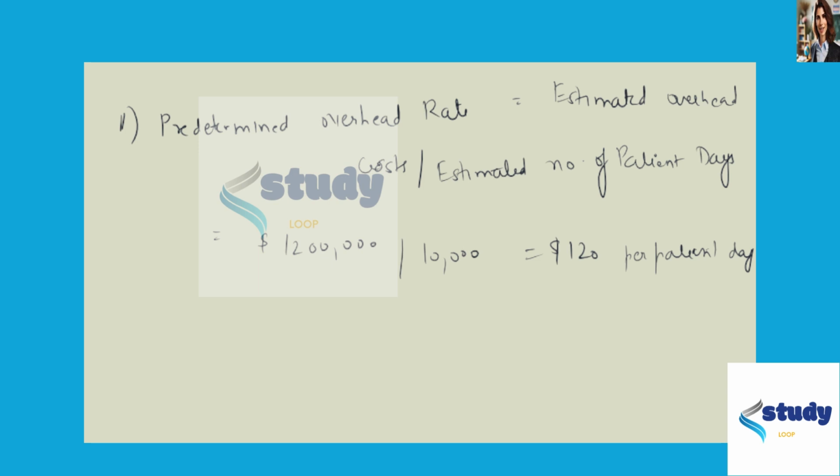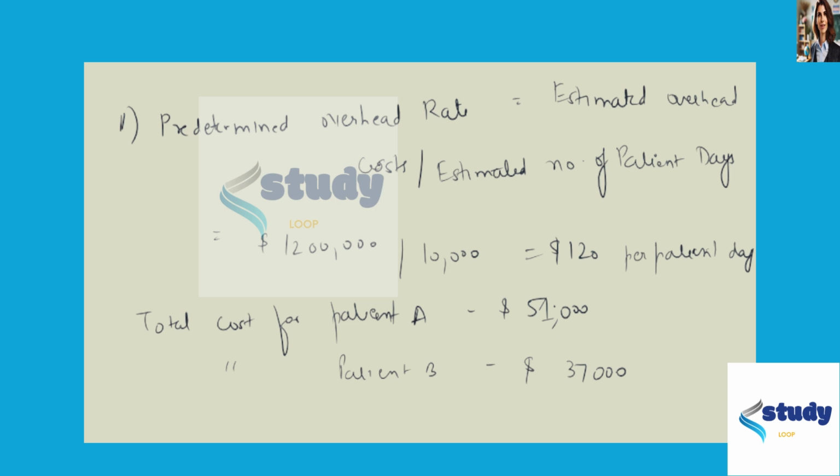Therefore, the total cost for patient A is $51,000. Total cost for patient B is $7,000. Next, we have to calculate the ICU and the other overhead rates and the total cost for patient A